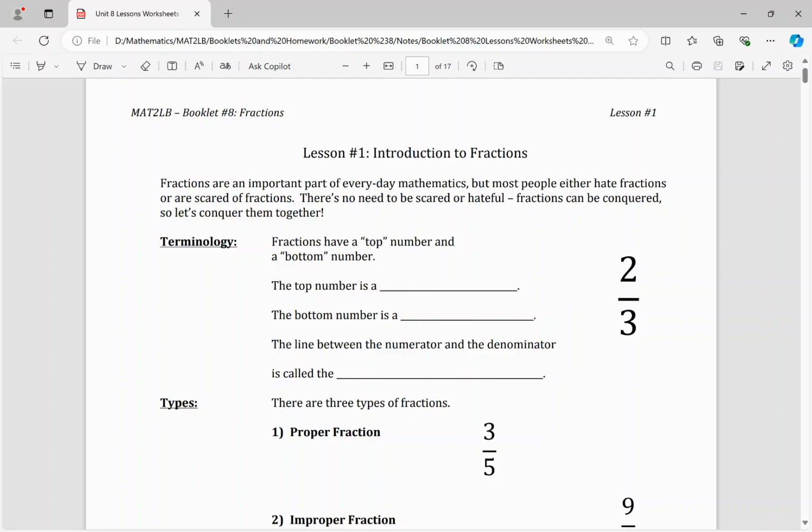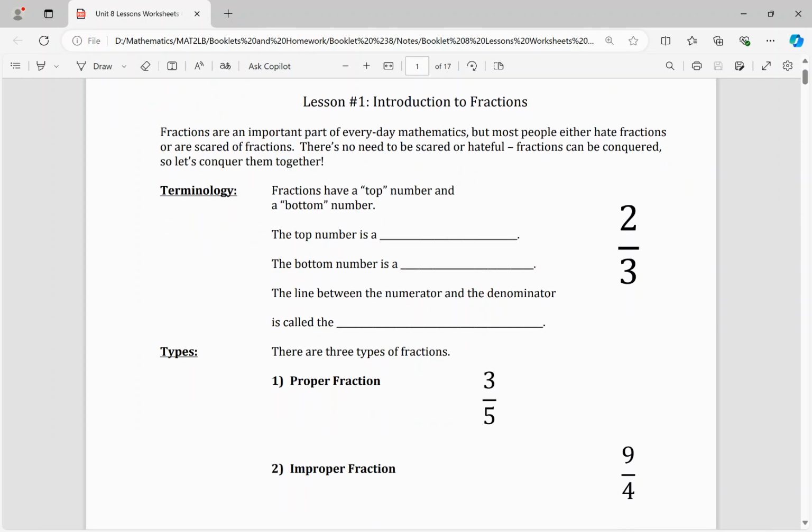All right, guys. Today we are going to start Booklet 8. This is Lesson 1 in Booklet 8 on fractions. It is called Introduction to Fractions. Now, this is just a quick lesson giving us some basic definitions, what we need to know, what we call different fractions, etc., etc. This entire unit deals with fractions, and the idea is that whereas in the previous unit,